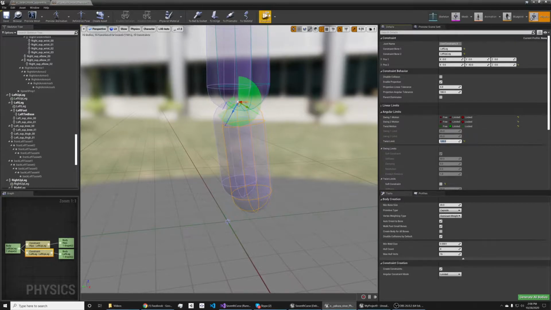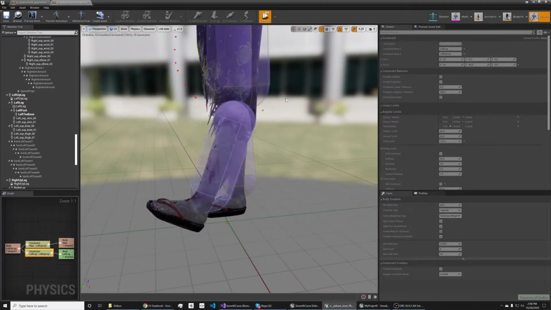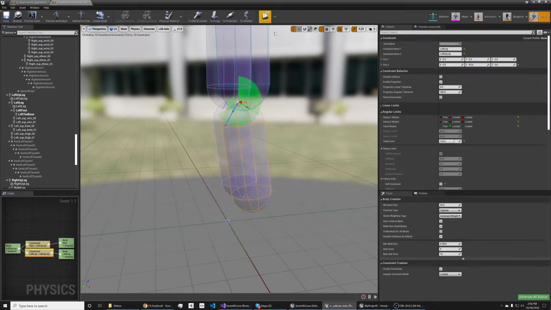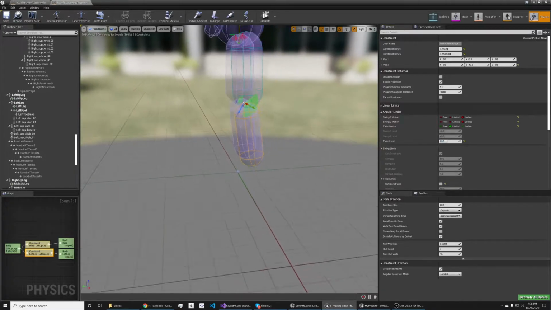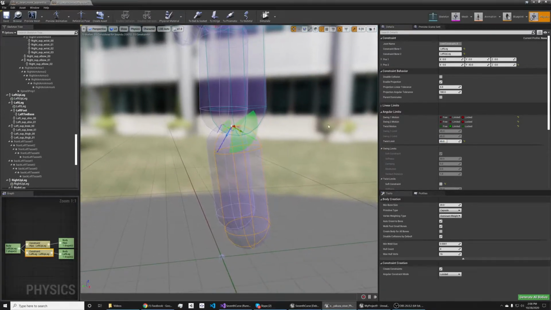If I crank it way up, then, but this is what visually it's showing me it should be doing, which is not to bend backwards,